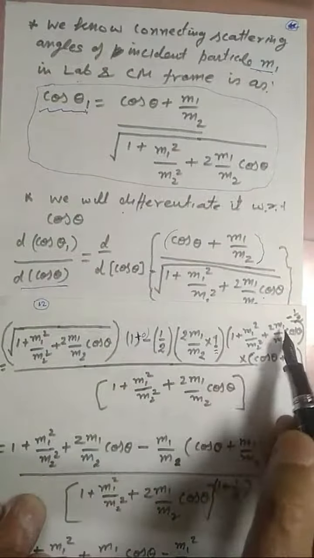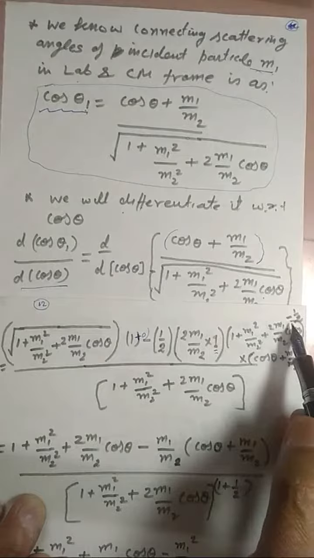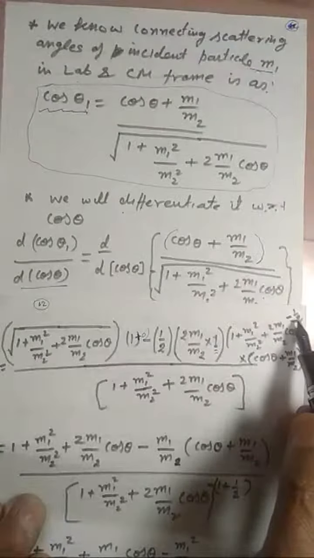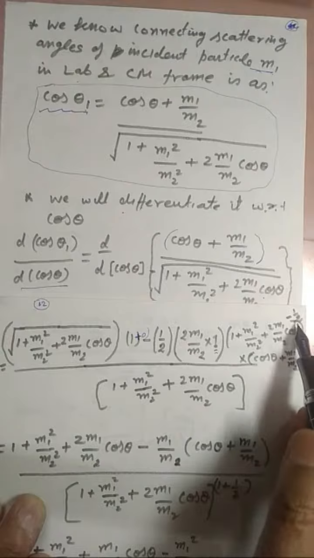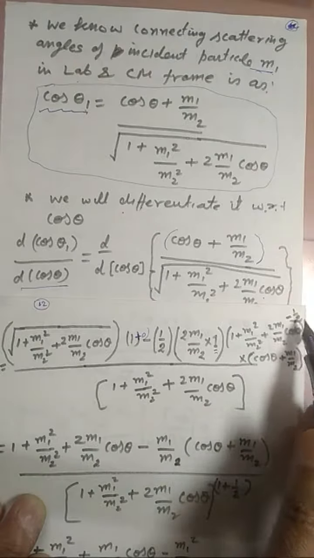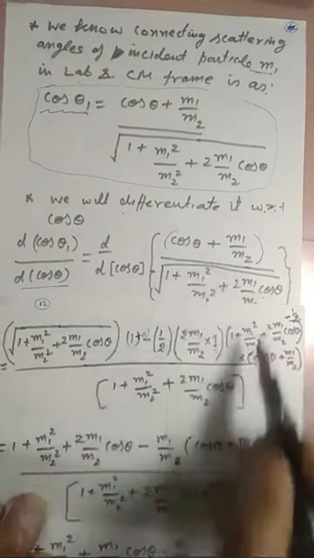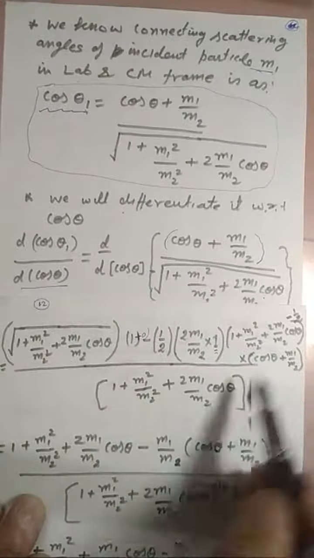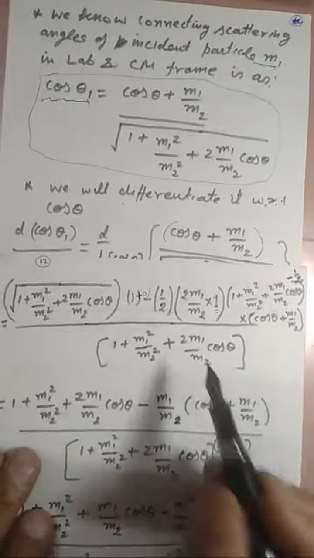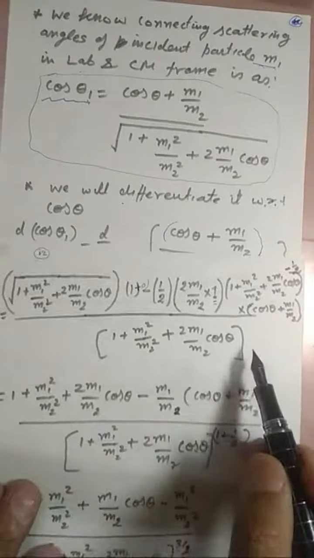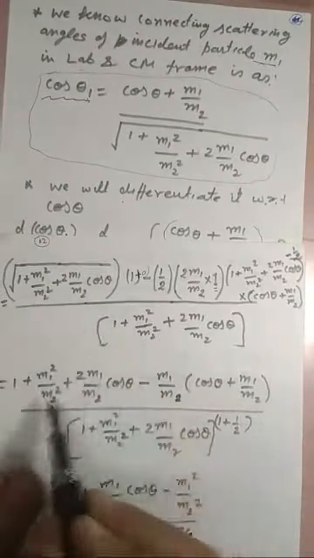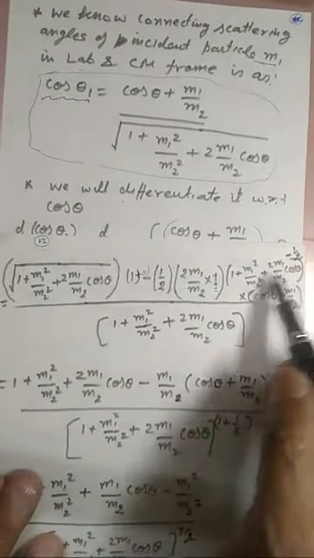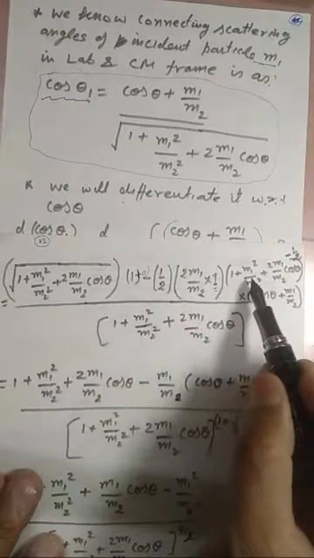This is minus 1 minus half, half minus 1 by 2, so we will get 1 plus this, power raised to power minus 1 by 2, and we have to multiply it with this term as it is. Okay, this is simple differentiation. So on solving it, if I rewrite this expression, this term,